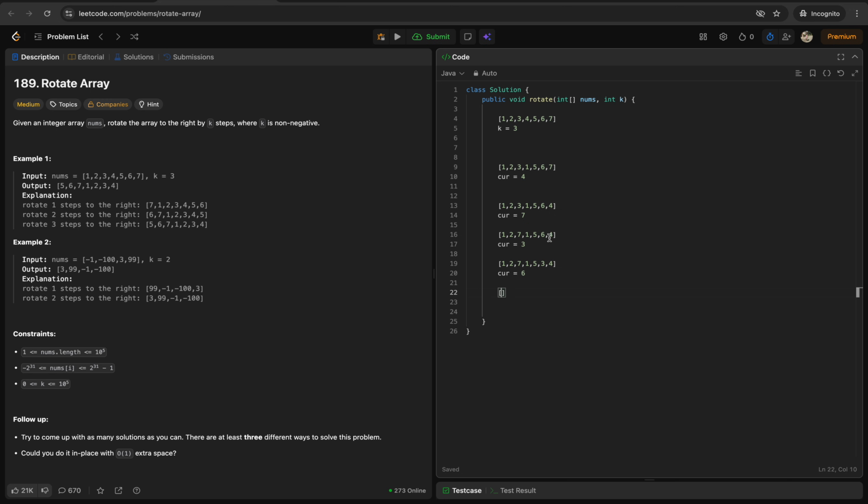Next again we'll move 6 and its correct position is this position, so it will come here 6 7 1 5 3 4, and in hand we have now 2, we have to move 2. The correct position of 2 is this 5, so again what will happen, 1 6 7